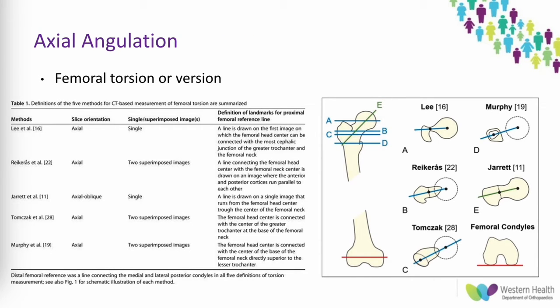In terms of the axial angulation, this can be described as femoral torsion or version. There's significant variability in the numbers quoted for femoral anteversion. The numbers vary based on the technique used to calculate the femoral version. A paper by Strecker et al. measured some normal femoral and tibial torsion angles in 500 bones, and they found that the anteversion was 24 degrees